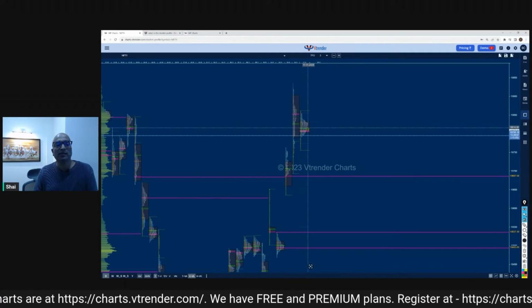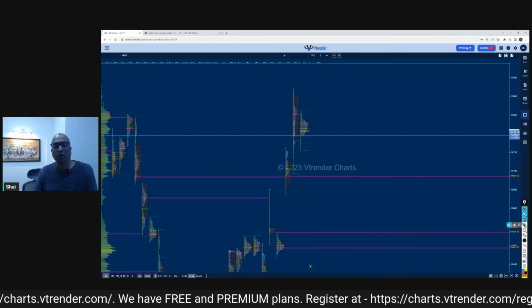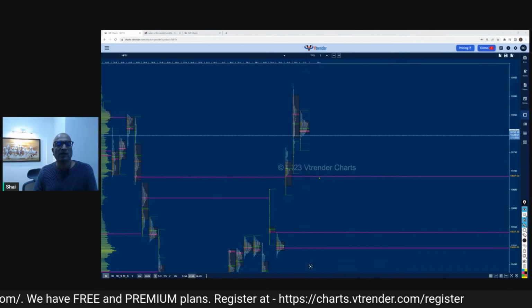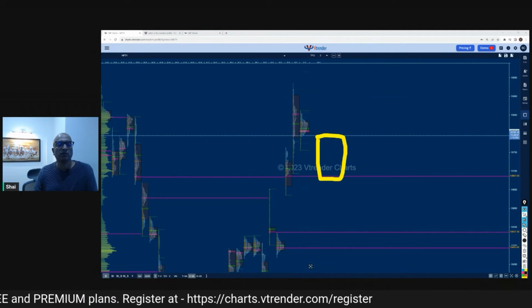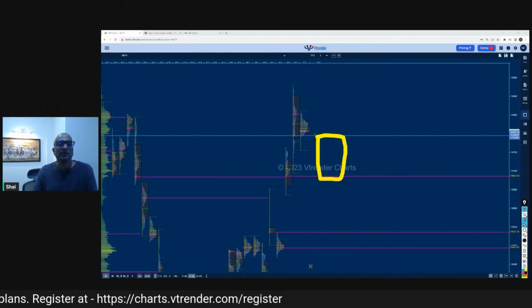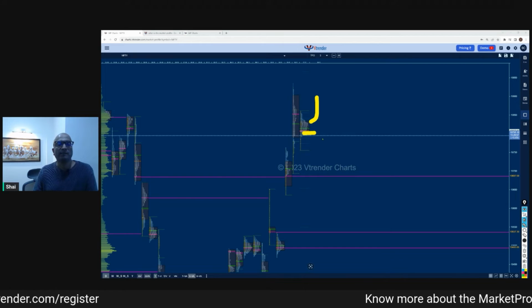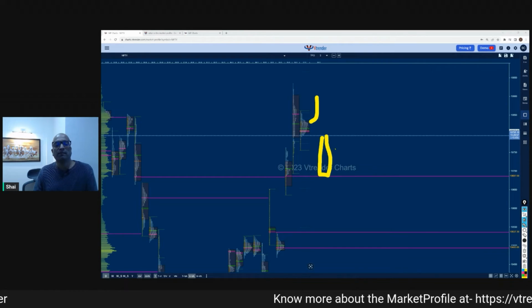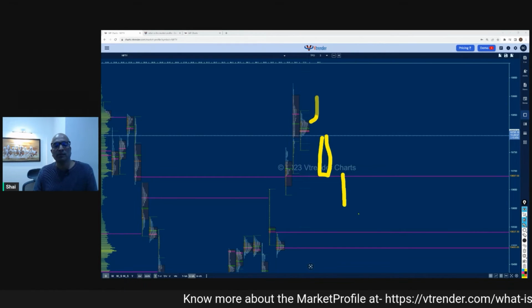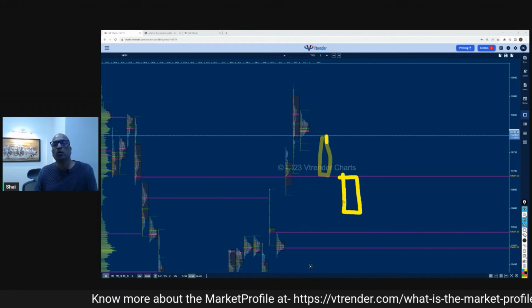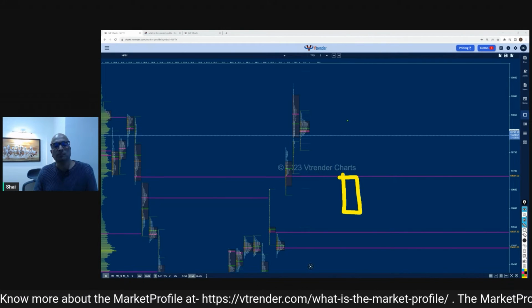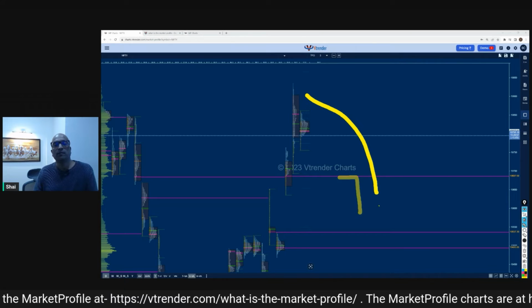But if value gets created lower for some reason on Monday, then the bias of that day is going to be lower. If for some reason the bias comes here, then because it's the value below the value area of this particular profile, it's going to become lower. And the profile after that, if it goes lower, then you can say there's been a small shift in trend because now value is shifting lower, right?